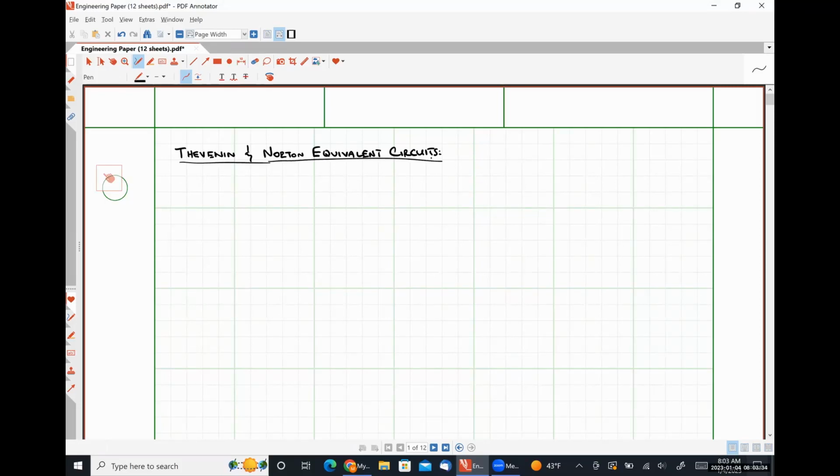So the first thing that we are going to talk about is Thevenin's theorem. I believe I talked about this very briefly, not in a conceptual sense, but just kind of what it is, before we left for our holiday break. So Thevenin's theorem states that